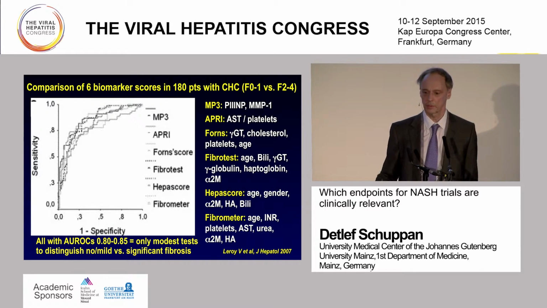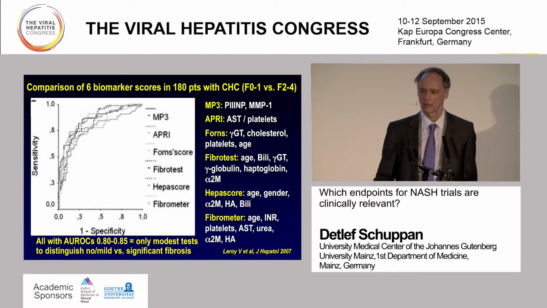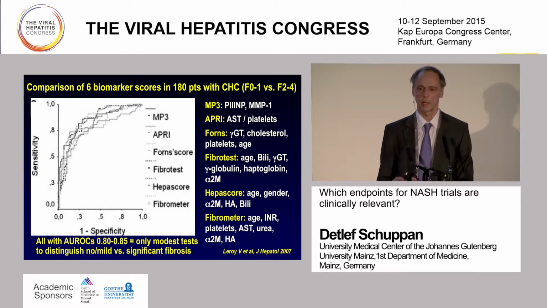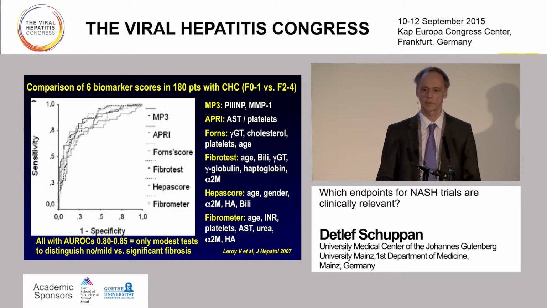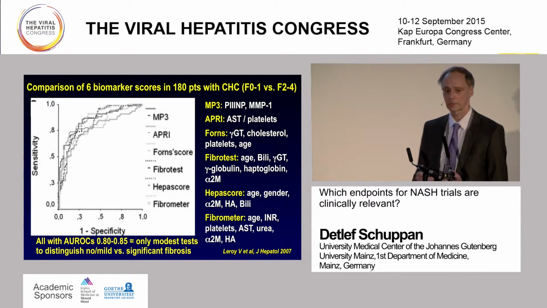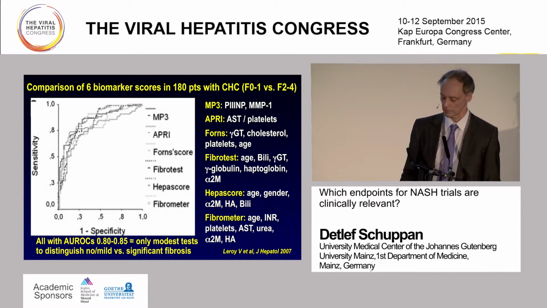So if we now look at the comparison of biopsy with these marker panels, and there are quite a few panels in this nice study on patients with chronic hepatitis C, just for making the differentiation between mild or no fibrosis and significant to advanced fibrosis and cirrhosis, all these marker panels perform in a comparable way. You can see here the area under the curve for predicting these two groups is very, very similar, whatever kind of direct, indirect, or mixed marker panel you use. And they have an area under the curve around 0.8 to 0.85, which is not dramatically good even for this